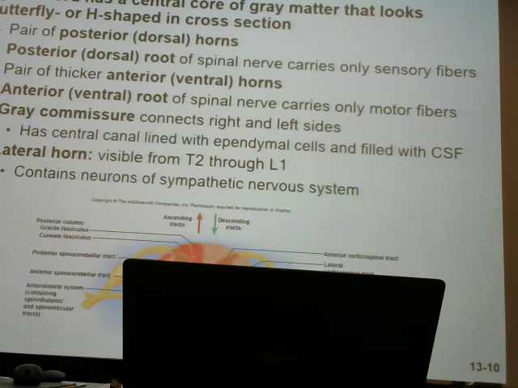Is everybody with me? So, if I look at my segment, anterior, posterior, okay, is everybody with me? So coming in is that spinal nerve, and then when it branches, the branch that goes to my posterior side is carrying sensory information,